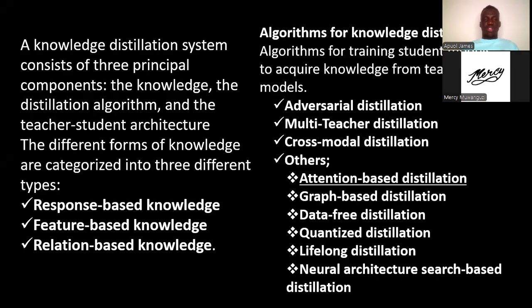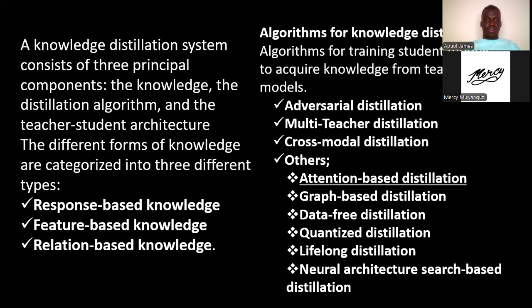So within our diagram also, there was relation-based knowledge, which is another type or another form. So in addition to the knowledge represented in the output layers and the intermediate layers of a neural network, knowledge that captures the relationship between feature maps can also be used to train a student model. This form of knowledge, termed relation-based knowledge, is depicted as we have seen it there. So let's talk more of